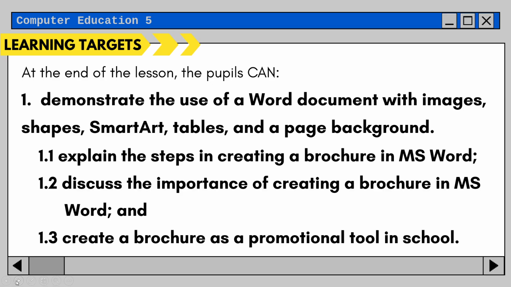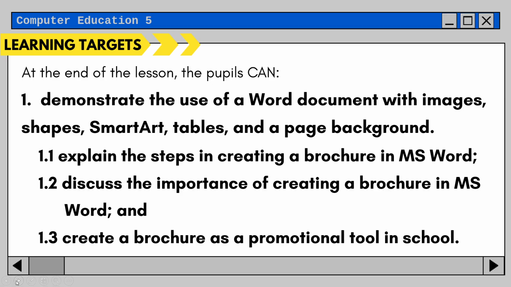Now, these are our learning targets. The same thing with the use of word processing tools, we have the same main learning target, which is to use or demonstrate the use of a Word document with images, shapes, SmartArt, tables, and a page background. Specifically, you are going to explain the steps in creating a brochure in MS Word.